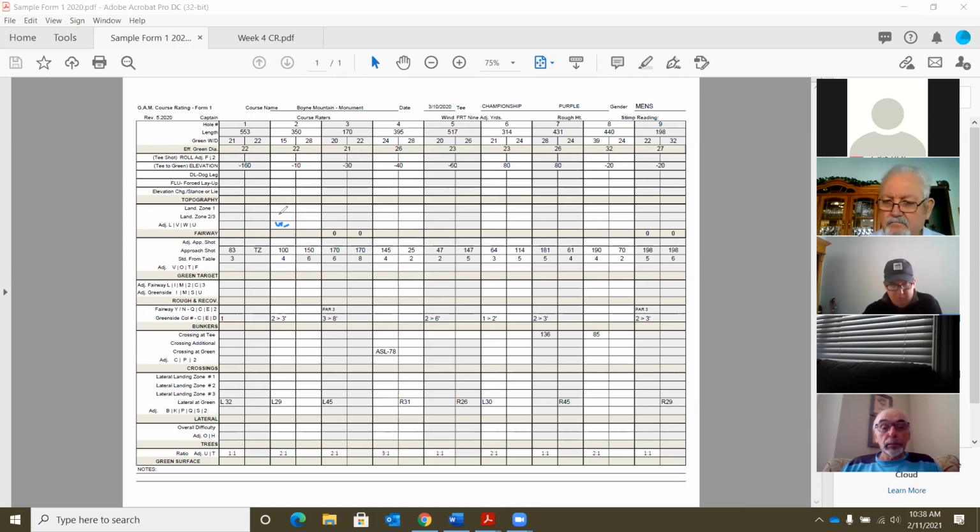remember that. Now, in some cases, you have holes where you're going to have multiple landing zones. So in those cases, I like to put the adjustments close to where I put the number. So if I measure the width of my landing zone on the par 5 here as 33, I'm going to write 33, and then I'm going to write my W plus adjustment right there, so I remember that it applies to this one. Because when we're talking about our landing zone and getting our fairway number, again, like we do in a lot of situations,